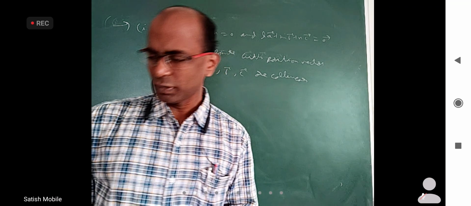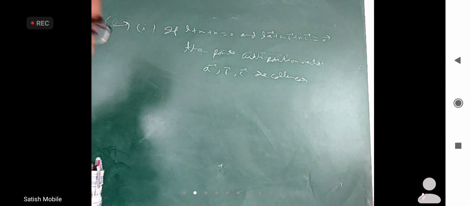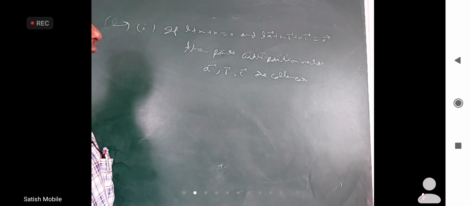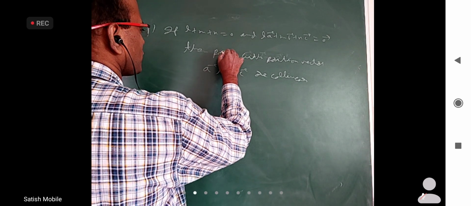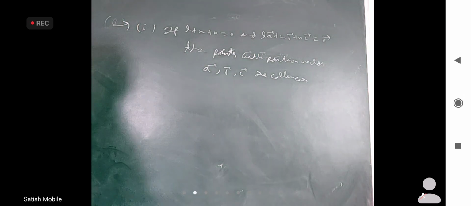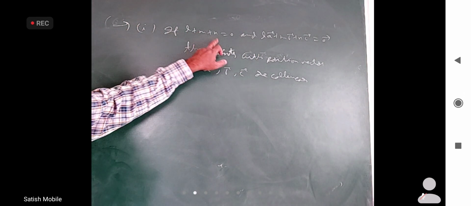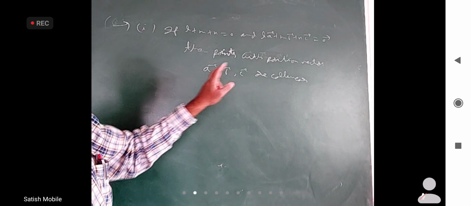Some people may have little confusion about what is vector and what is position vector. Even though I repeat the definition one more time, I think when we do enough questions, we'll get a better clarity. Those who have doubt, in the beginning some confusion will be there. So just wait. As we do more questions, we'll get more comfortable. If L plus M plus N is 0 and LA bar plus MB bar plus NC bar is 0 bar, then the points with position vectors ABC are collinear.